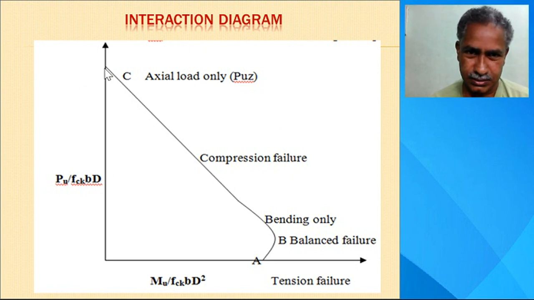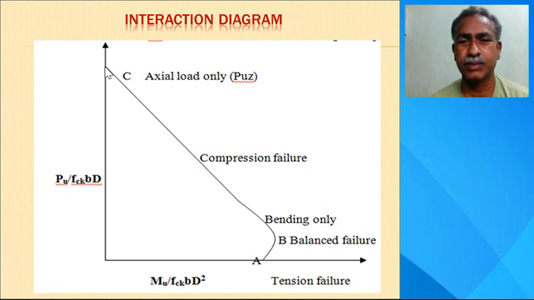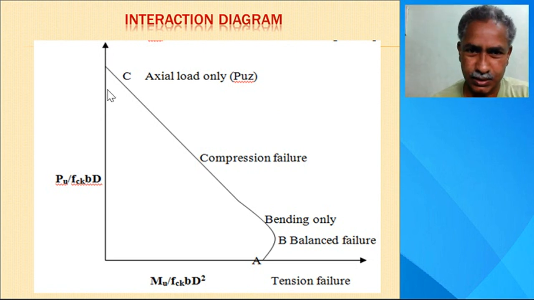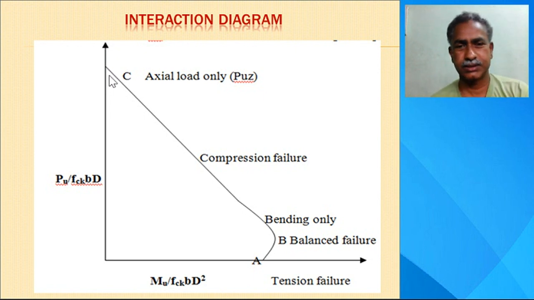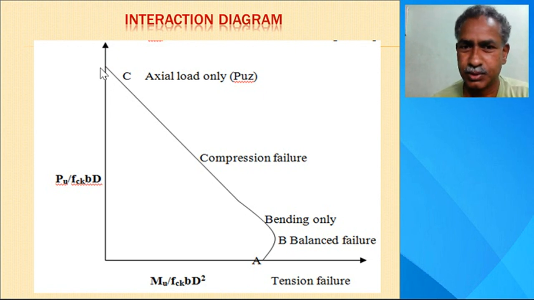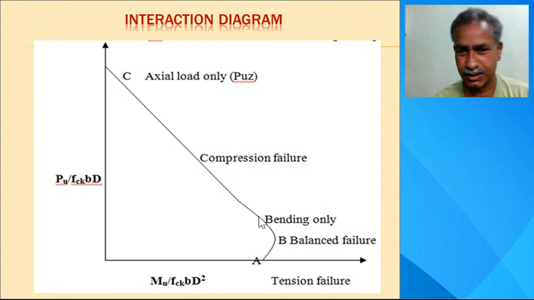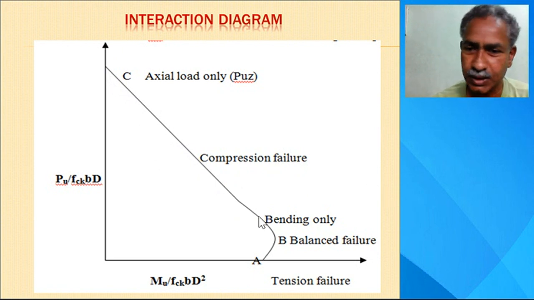If the column is subjected to the pure axial load, actually no column is subjected to pure axial load, and that's why IS suggests even though the column is axial, we design it with minimum eccentricity. So if the column load is purely axial, then the failure is purely compression. But if it is increased, that means with certain eccentricity or moment, then the failure is definitely on the compression side, but not fully in compression, partly tension is there. That is the buckling of the column.